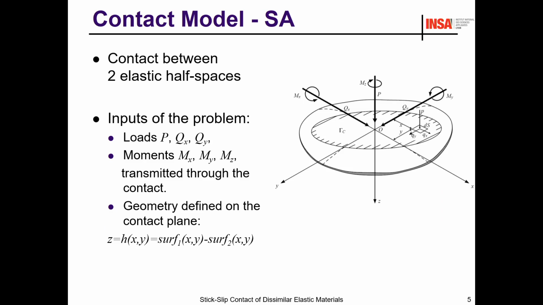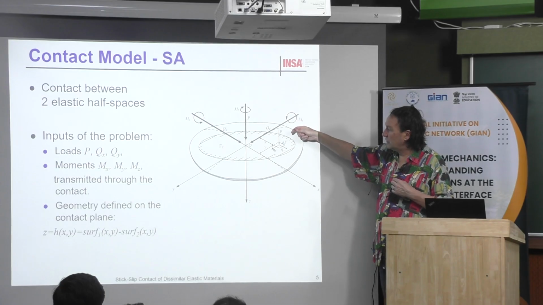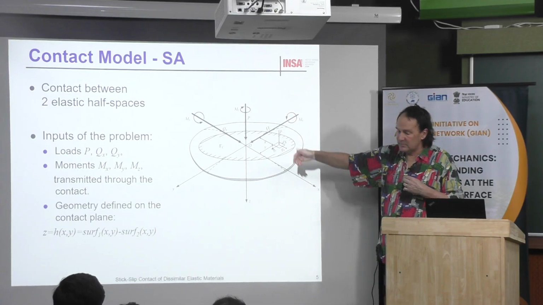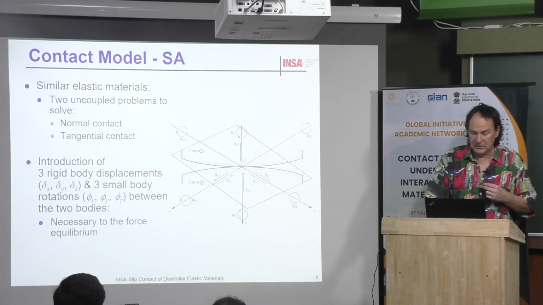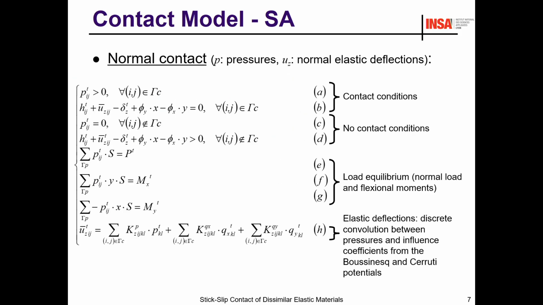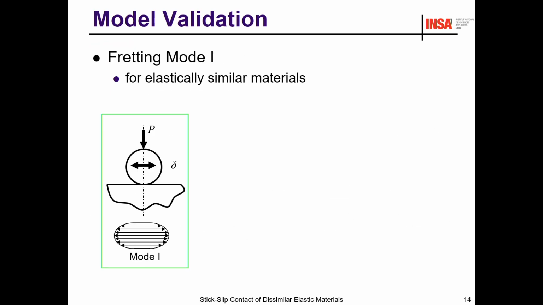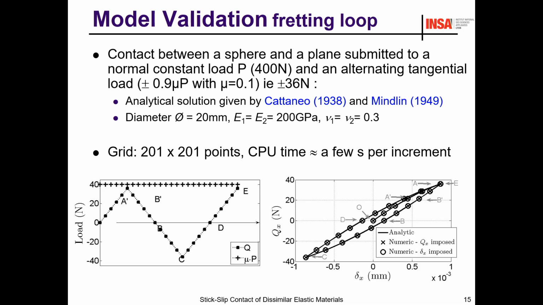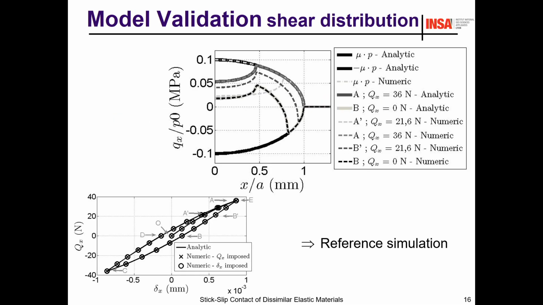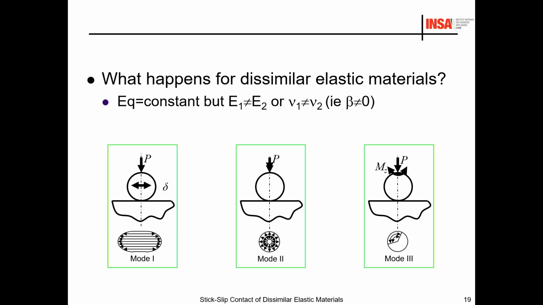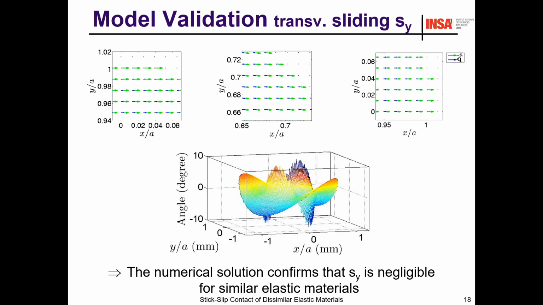Okay, we can apply in each direction either a torque or a load, or displacement, or rotation. The same type of equation, same technique, we discussed that before. Now let's have a look at what happens for elastically similar materials and elastically dissimilar materials. Then the same simulation as we have presented before. Now, if you have a look more closely at the sliding within the interface,